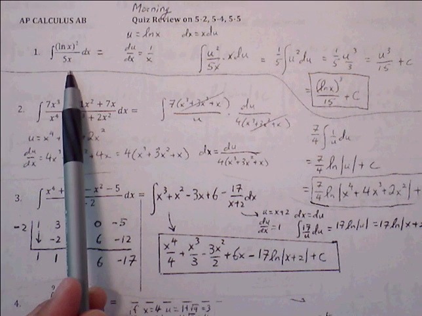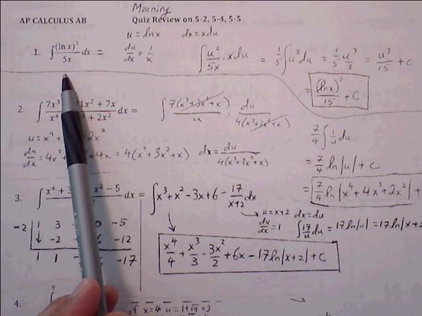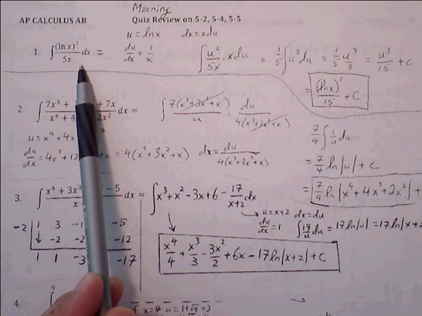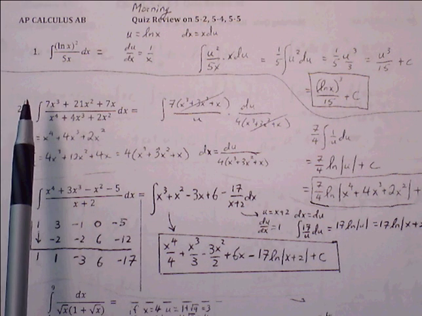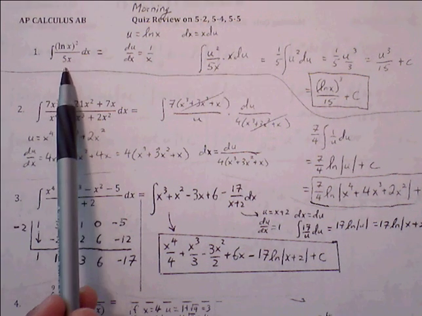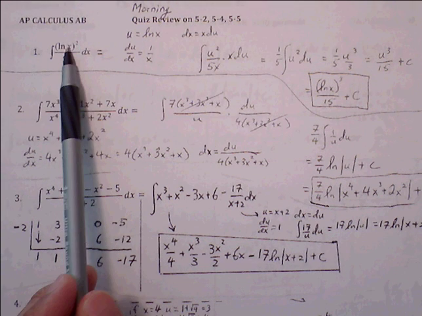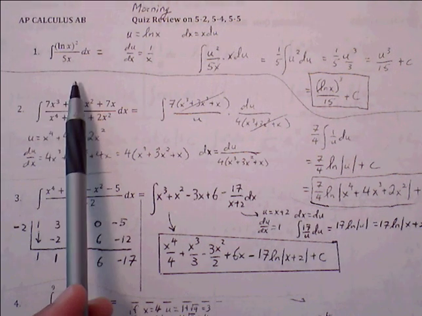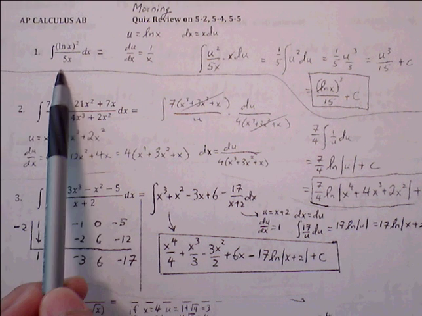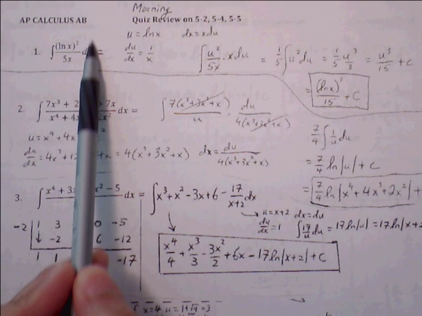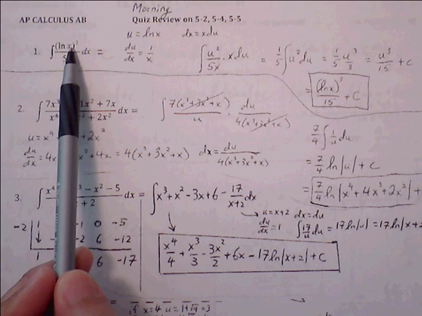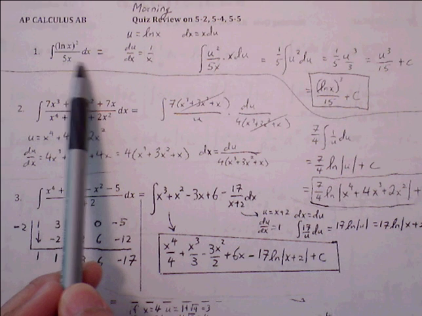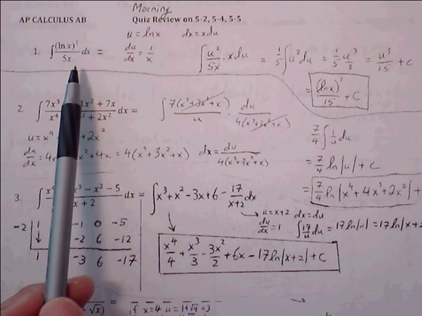All right, so when we look at these integral antiderivative problems, the first thing we want to do is look to see if there are any available rules that will allow us to solve this without going through use substitution. But if we look at this, there are too many parts to this problem that prevent us from being able to just use one rule. So we probably want to try to use substitution to simplify the problem, and hopefully then it'll be easier to identify the appropriate rule to